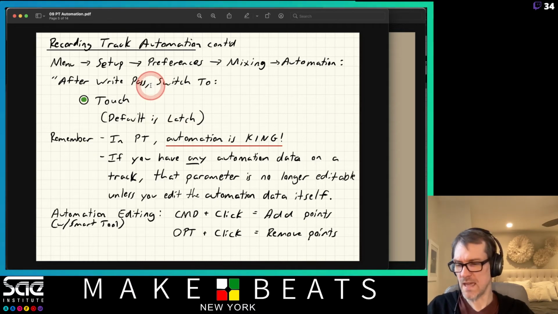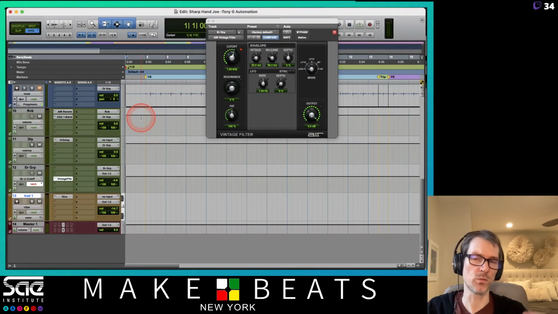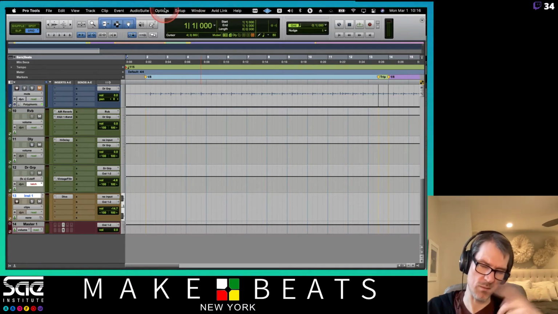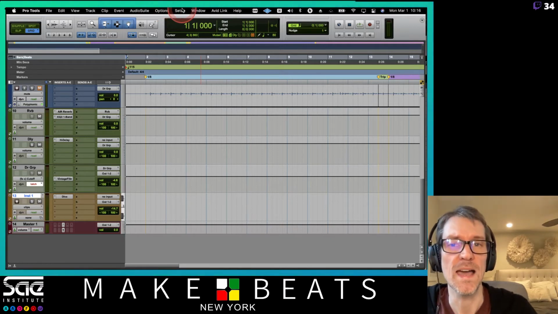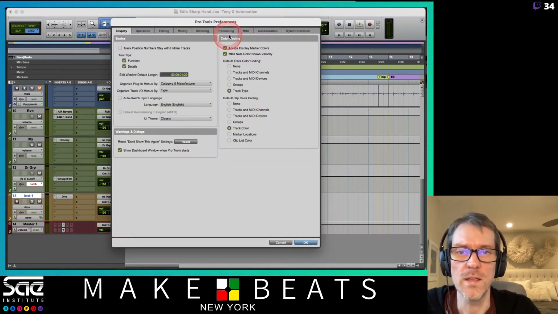So one setup that I think is really useful for y'all in Pro Tools here: after write pass, switch to touch. The default is latch. I think that's really important in Pro Tools. It's funny because in Logic, the default mode after you do a write pass switches to touch. In Pro Tools, it switches to latch. So let me just show you what that looks like here. Preferences. And over here,